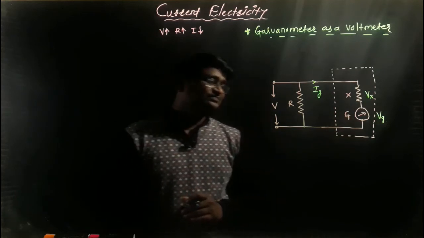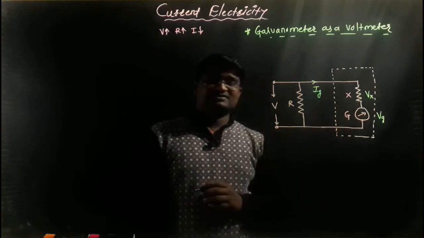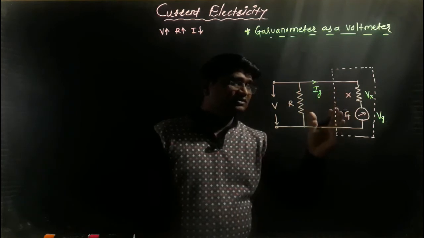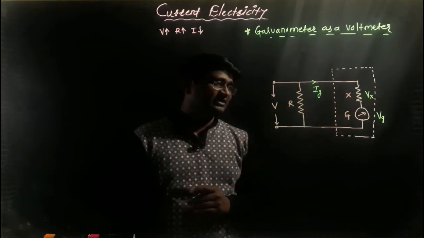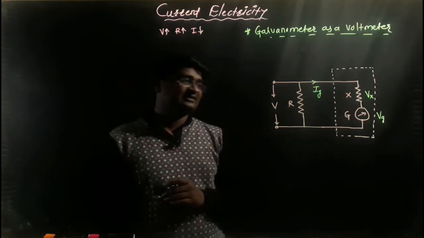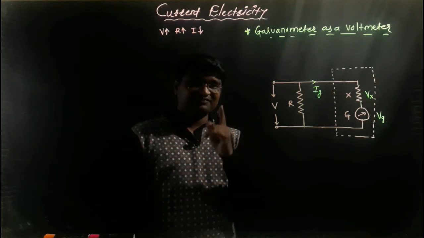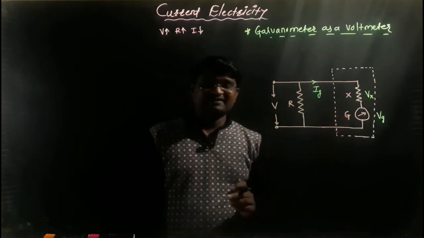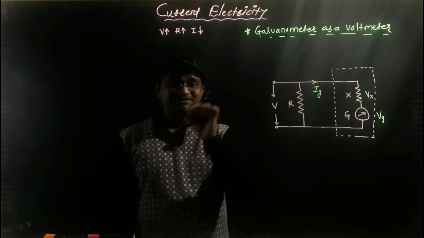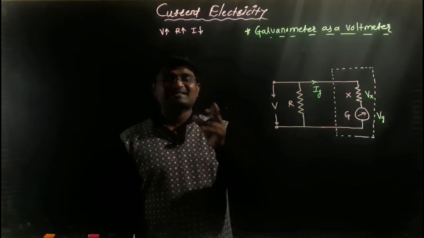Okay, so now let's see here. How much X, that is a high value of resistance, must be connected in series so that the galvanometer works as a voltmeter? Initially we find out the value of X. So how much X will be connected there? First of all, we have discussed the concept of galvanometer as a voltmeter. According to this diagram, if the high value of resistance X is connected in series with the moving coil galvanometer, the galvanometer works as a voltmeter.